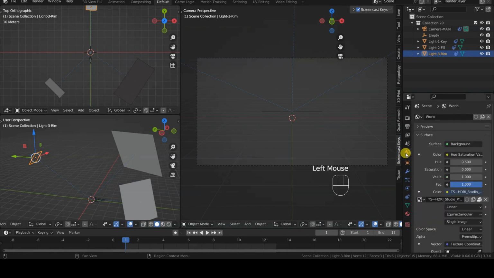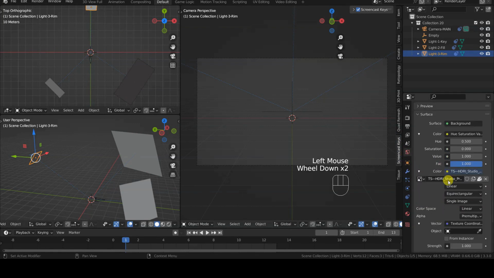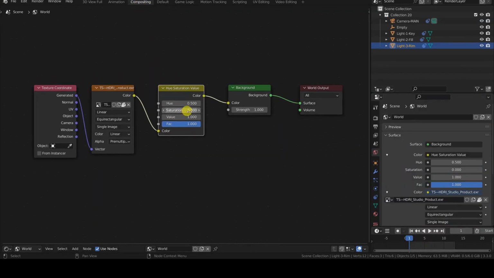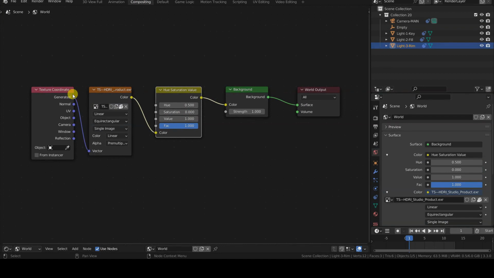In the World Properties tab, I have set an EXR image with linear color space to illuminate the object. The choice of the image depends on various factors, but in general I use colored images rather than images that reproduce studio lighting when framing objects with many metallic components, in order to achieve interesting and non-monotonous shading effects on those very reflective surfaces.